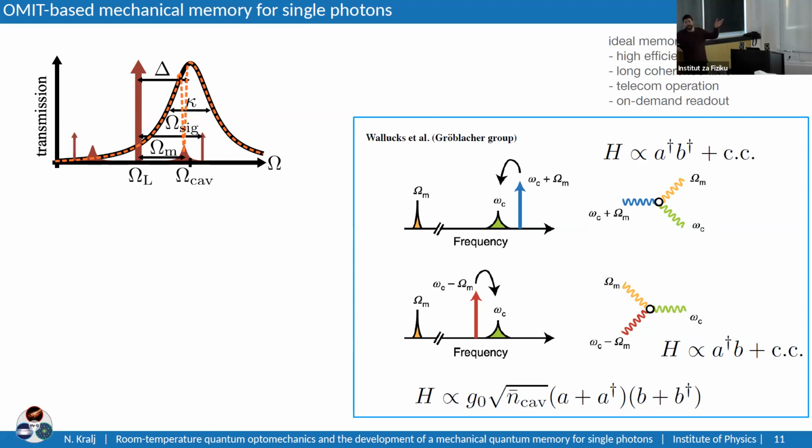The EIT memories and also those using different paradigms like the Duan-Lukin-Cirac-Zoller protocol, they've all been implemented in